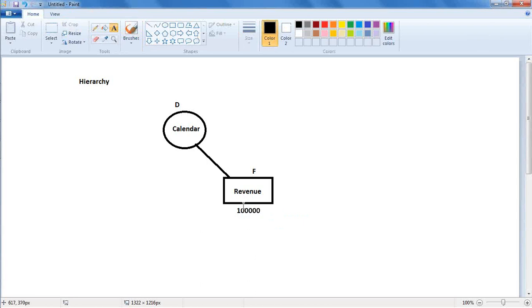Now my idea is that I would like to understand in more detail. It's not that I understand the year level and just leave it like that. Within the year there are many things to understand, like the revenue within the quarters, the weeks or the months. So now I understand per year my sales is 100,000, but most of the time